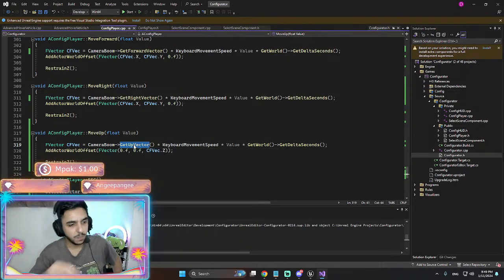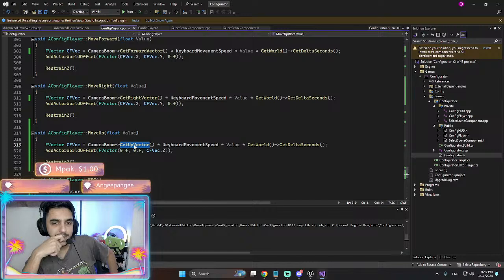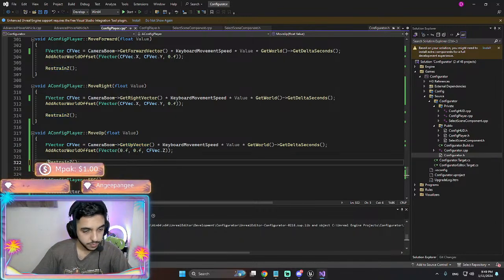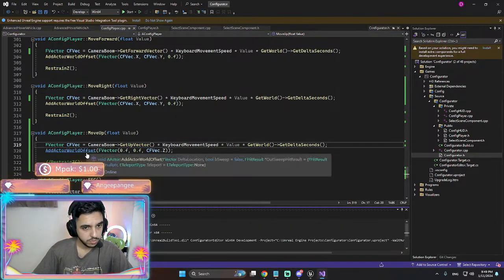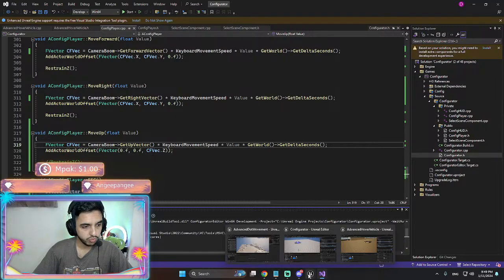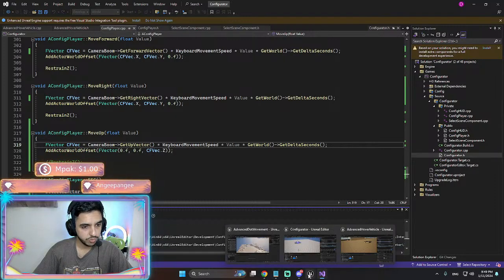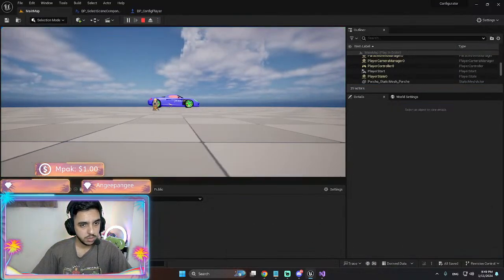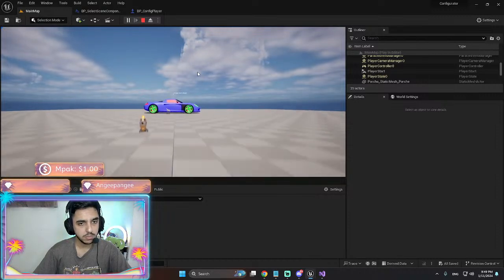So we're getting the up vector, multiplied by keyboard. If I remove this, still I can't.